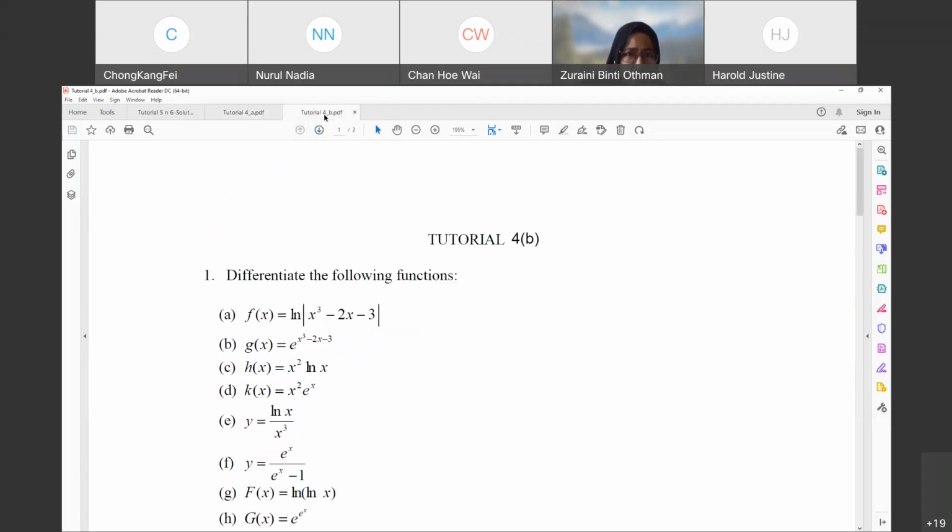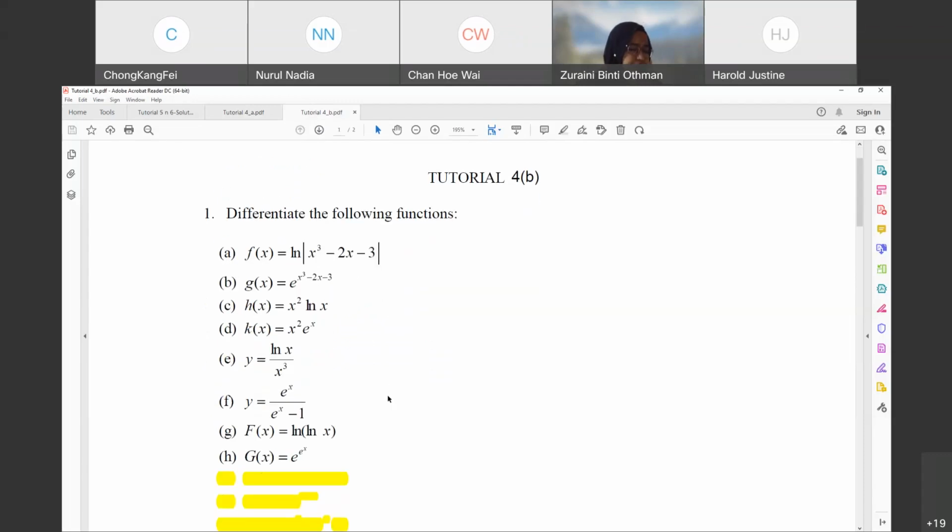We go for tutorial 4B. Ini buat difficult sikit lah, tapi taklah difficult mana. Saya rasa ada yang boleh buat pun. Macam kelas tadi, ada yang boleh buat. But there is some careless mistake lah. Okay. Then for this,